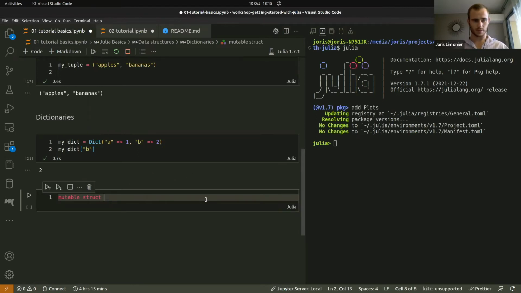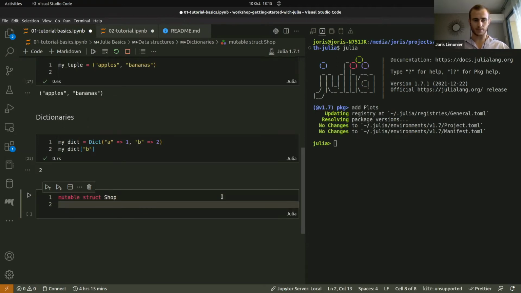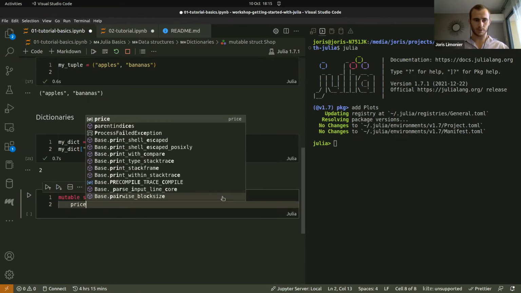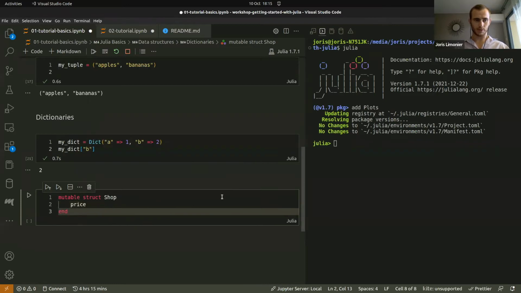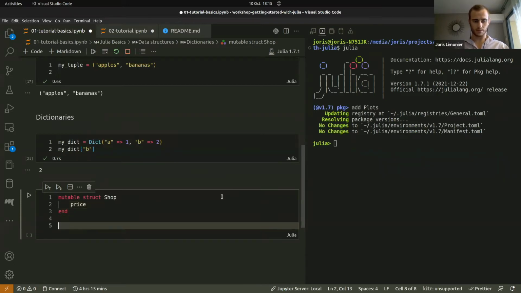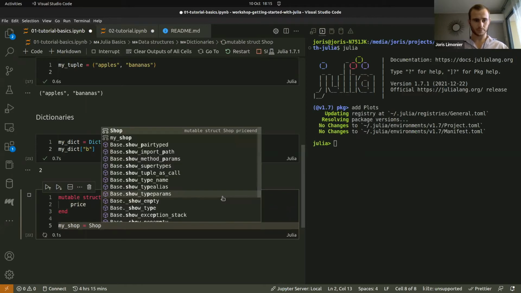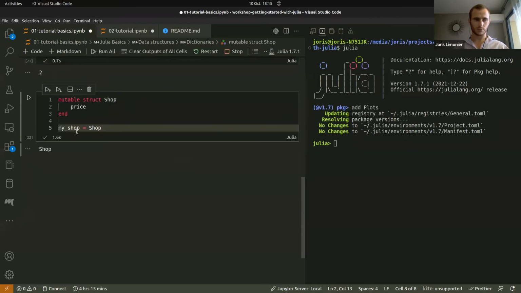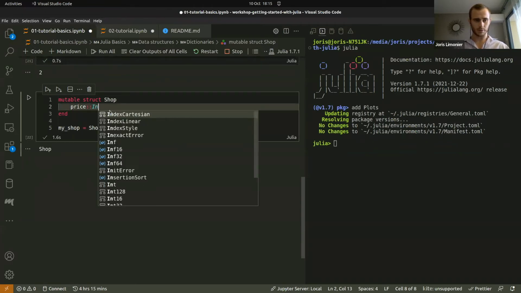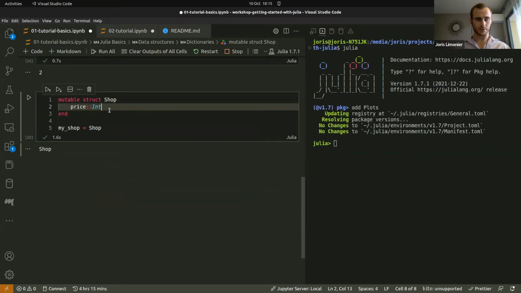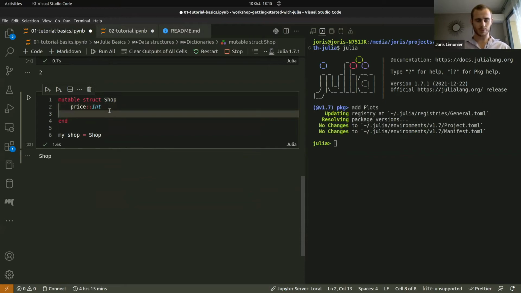Oh, sorry, it was a markdown cell. I was a bit surprised that the syntax didn't work. So if you have something like a shop, then you can do something like price, and probably my shop. Then you made an instance which is called shop, and we can specify the type this way. So price, and